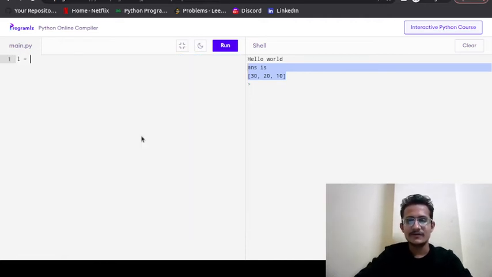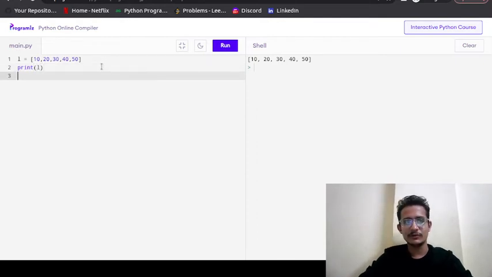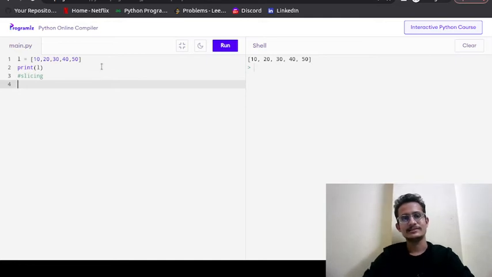So let's say our list is 10, 20, 30, 40 and 50. If I print and show you L, you can see on the right hand side we have this: 10, 20, 30, 40, 50. Now, first of all we are going to use the slicing approach. Slicing, don't go by the spellings, I may be incorrect.